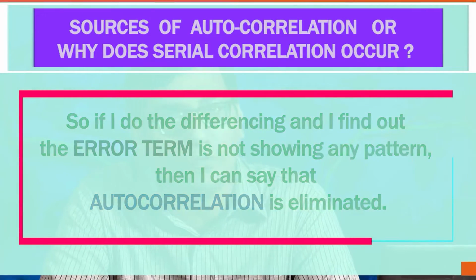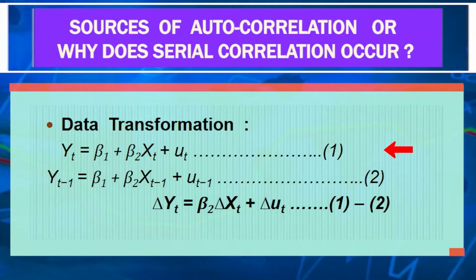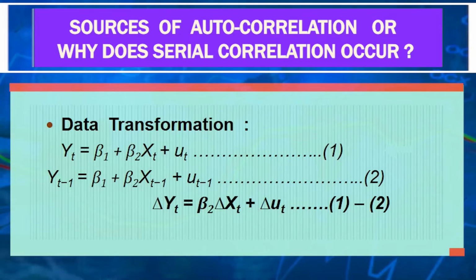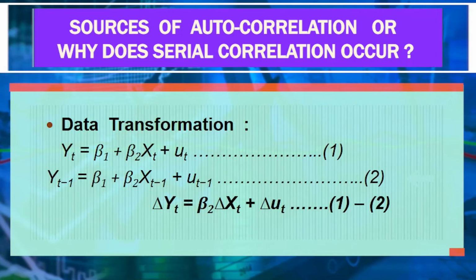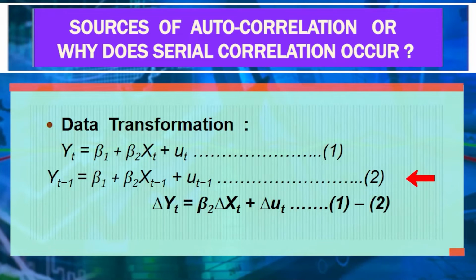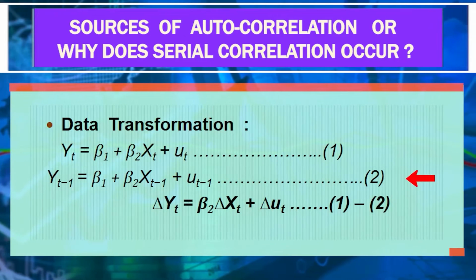But actually in most of the times what happens, not only the number of observations are lost, but also sometimes the autocorrelation problem remains as it is. So even after data transformation, we observe that the autocorrelation comes in, where we find out in the first equation, yt is a function of xt, all are in the current periods. That means the current value of y is dependent upon the current value of x. But in equation 2, we observe the value of y in the last period t minus 1 is dependent upon the value of x in the last period t minus 1. So both are the lagged information.